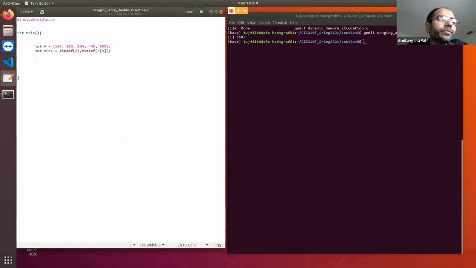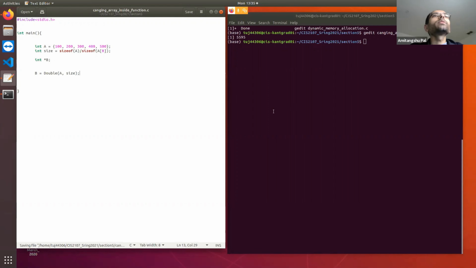Now I'm initializing an integer pointer B, and I'm writing B equal to double of A, size.